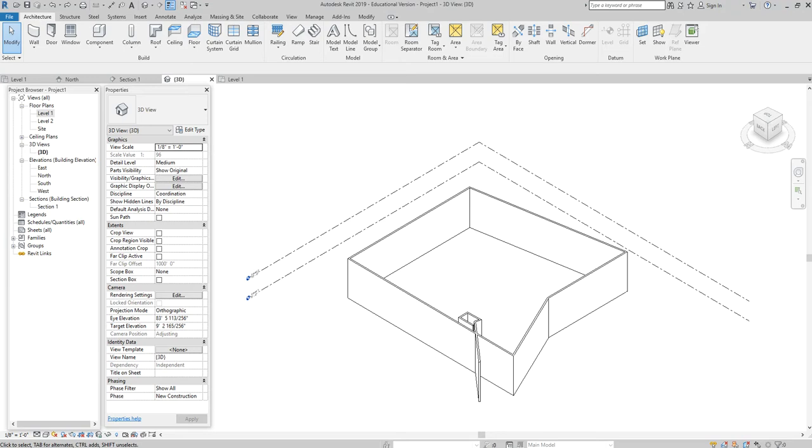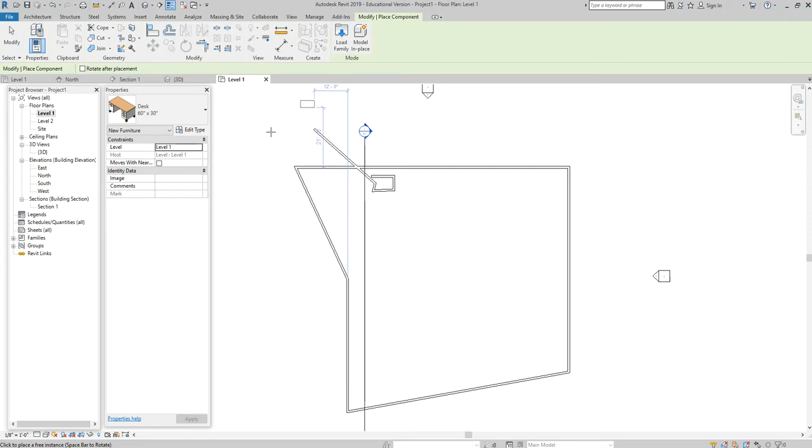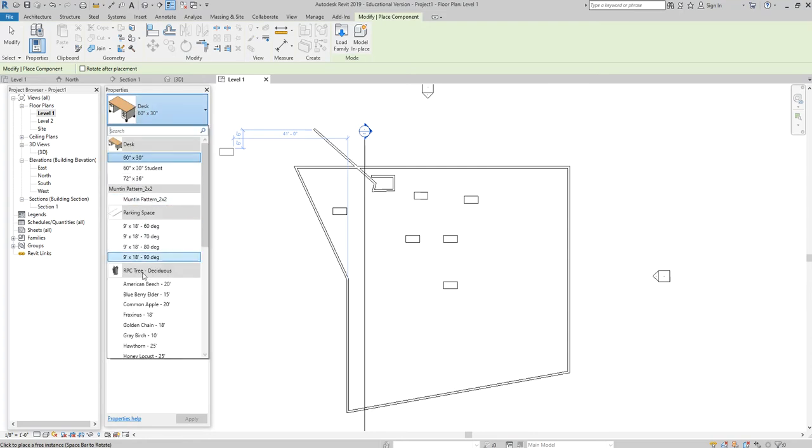All right, we have one more thing to talk about today, and that is called visual graphics. Okay, I'm going to go to level 1 here. And I don't really want you to have to worry about adding anything. Don't worry about adding furniture. I'm adding some desks here, okay? And I think I'm just going to add whatever they have in here. I think they have a tree